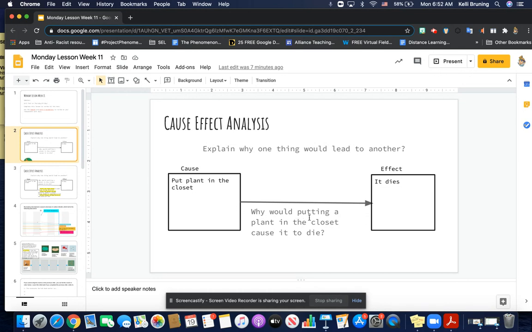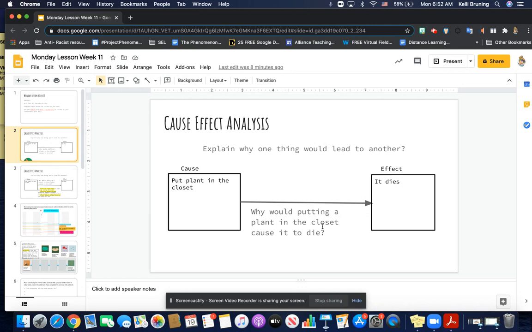So we really want to stamp the key concept of cause and effect. And when we look at this idea of cause and effect, we want to think about what causes the carbon cycle to change, or what can cause it to shift, or what can cause anything to shift for that matter